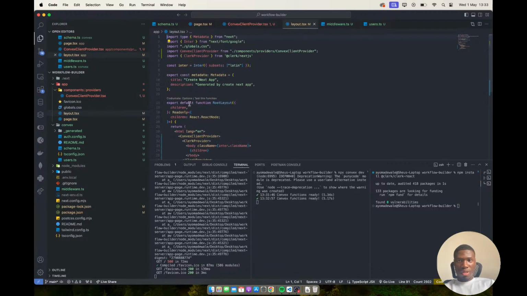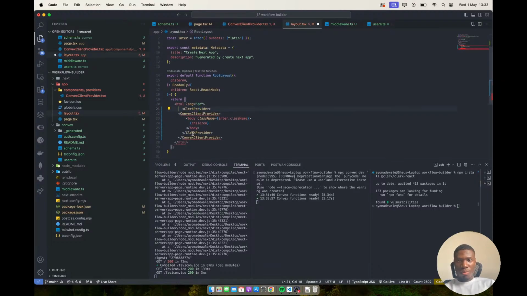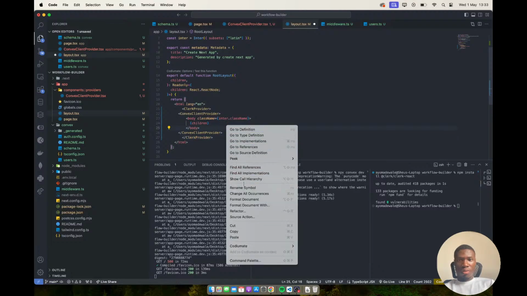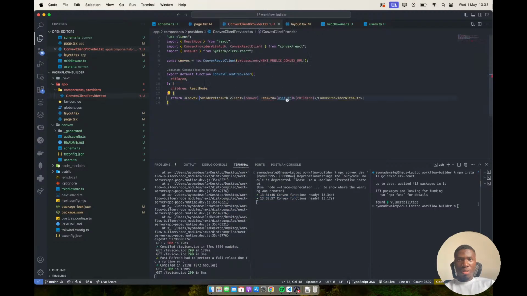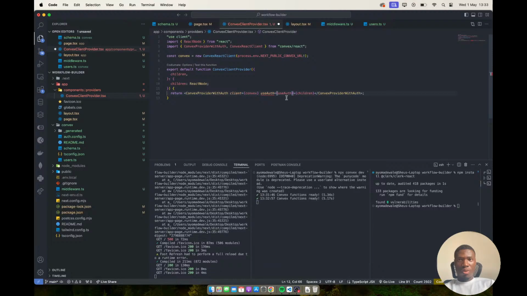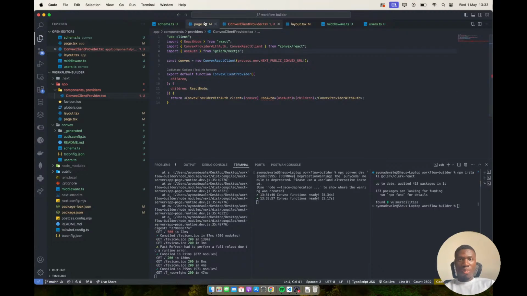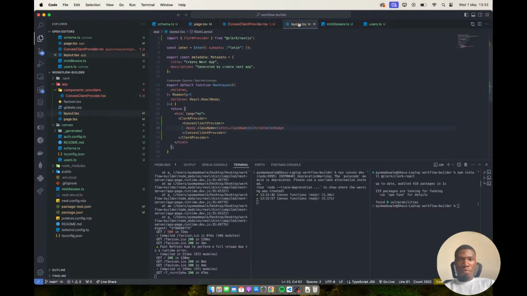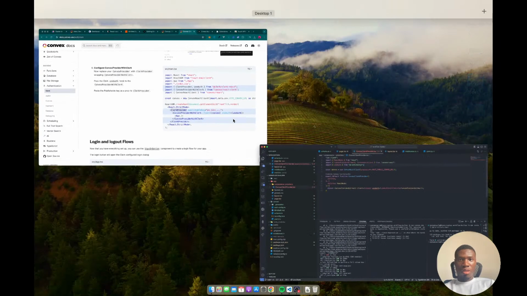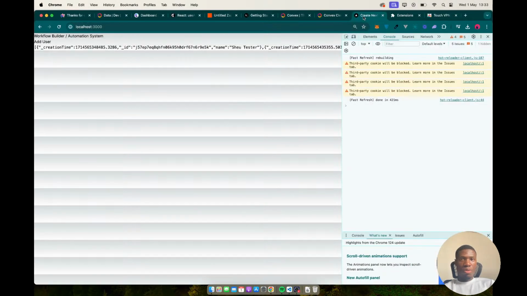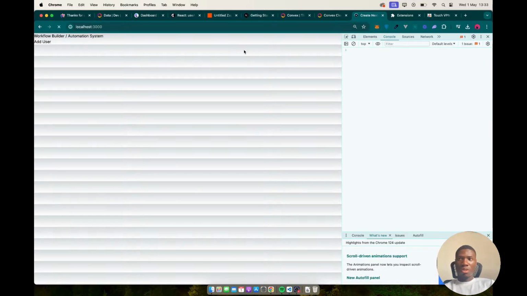The Clerk provider should be above. Format this. And we will be using this. See, does our page load? Yeah, page does load, but